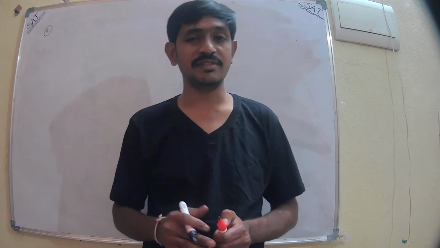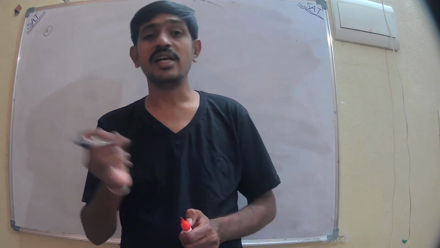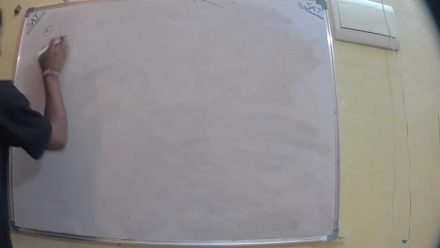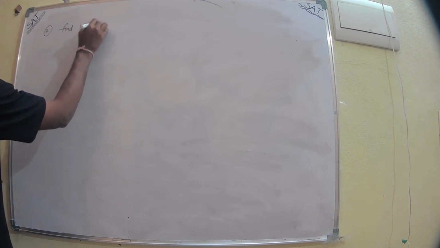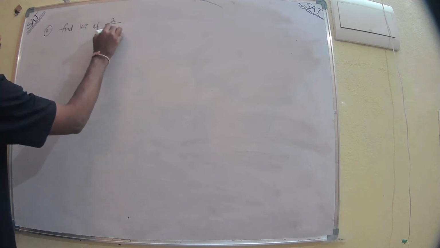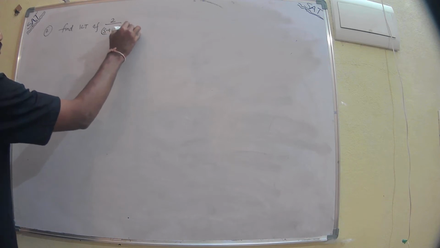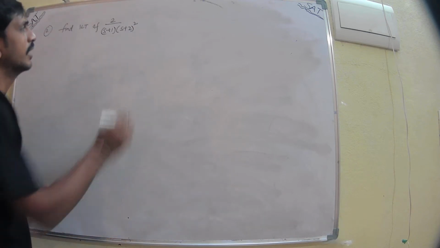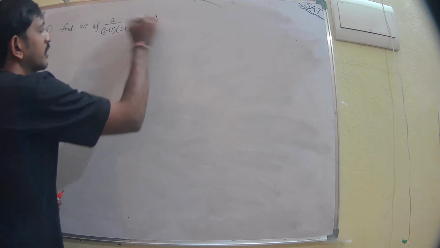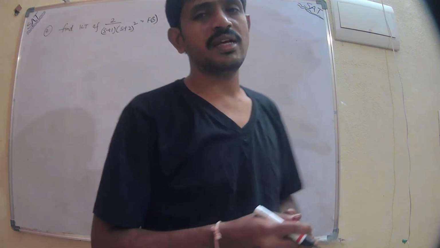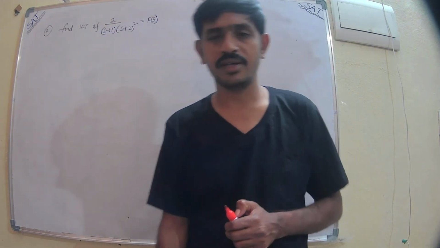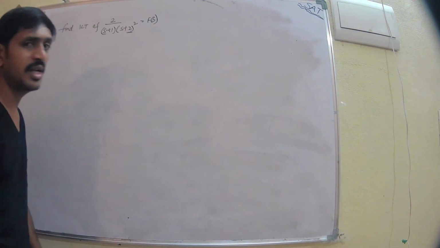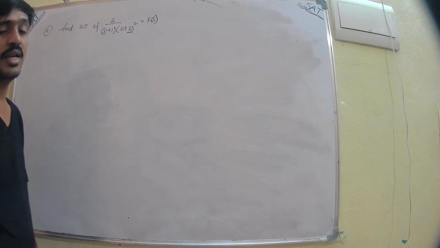Now the second case in the partial fractions, that is when the roots are real and repeated. So I can take an example. Find the inverse Laplace transform of 2 upon (s plus 1) into (s plus 2) whole square. That is F of s, the function in S domain. Here the roots are repeated roots. How to apply the partial fractions?